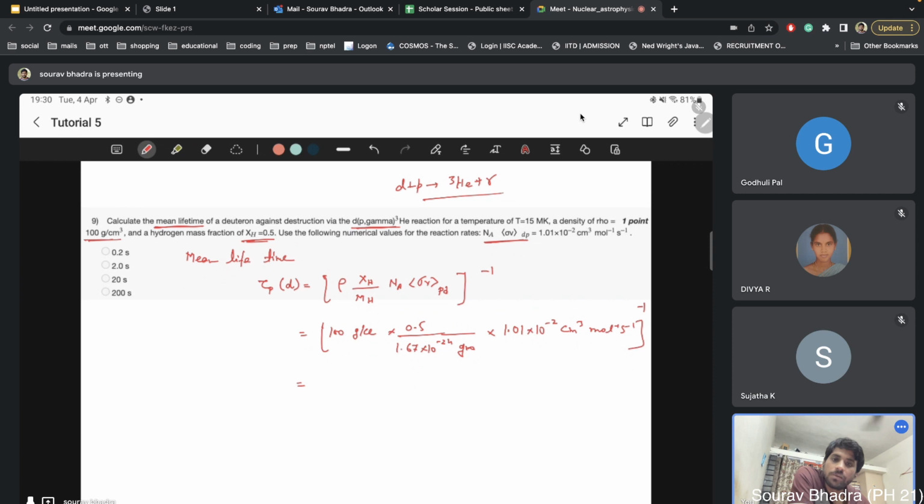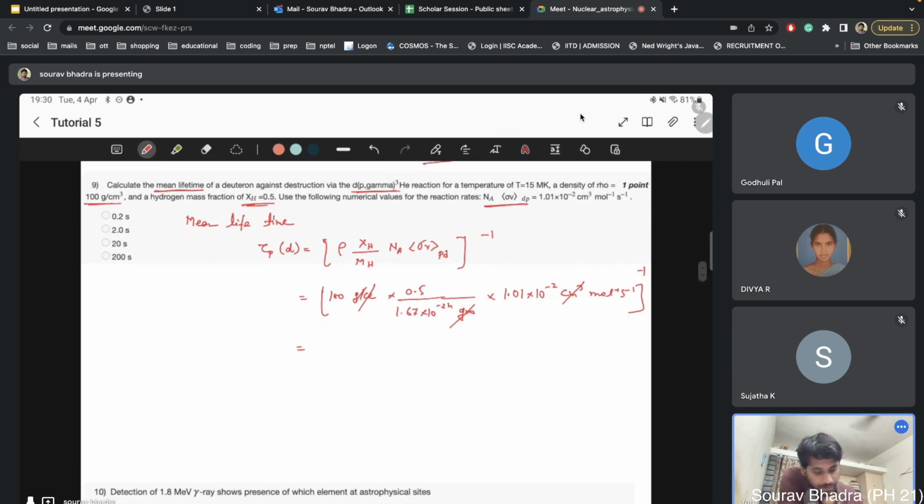that means this cm cube will be cancelled out by this cm cube, gram per cm cube, this gram. So, mole inverse, second inverse will be there. Now, we will convert our mole inverse to a number, so that at last we get the unit of second. Okay. So, 100 into 0.5, all these things are there,